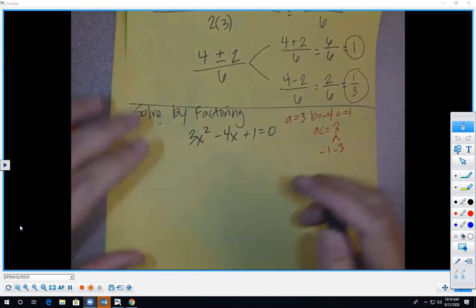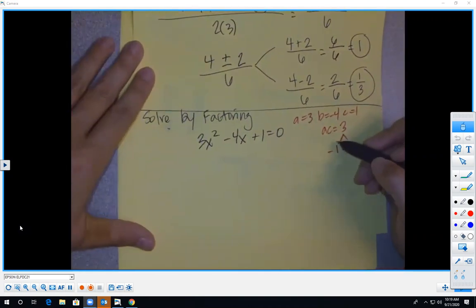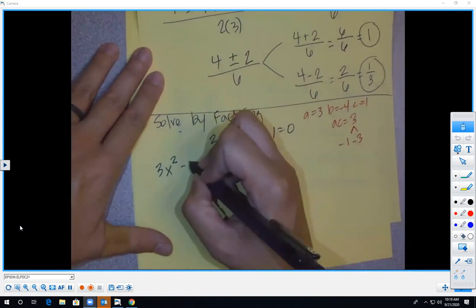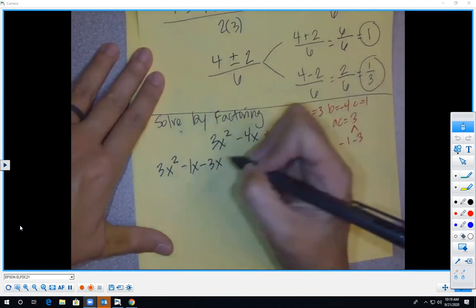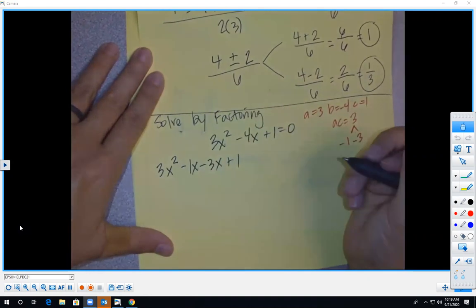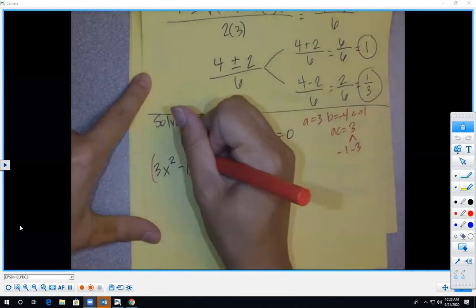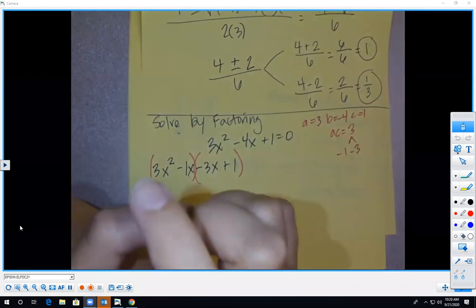So you go and plug that back in your problem. This is not a shortcut problem, so I have to factor by grouping. 3x squared minus 1x minus 3x plus 1. You could switch the 3 and the 1 if you wanted to. It doesn't matter. When you factor by grouping,